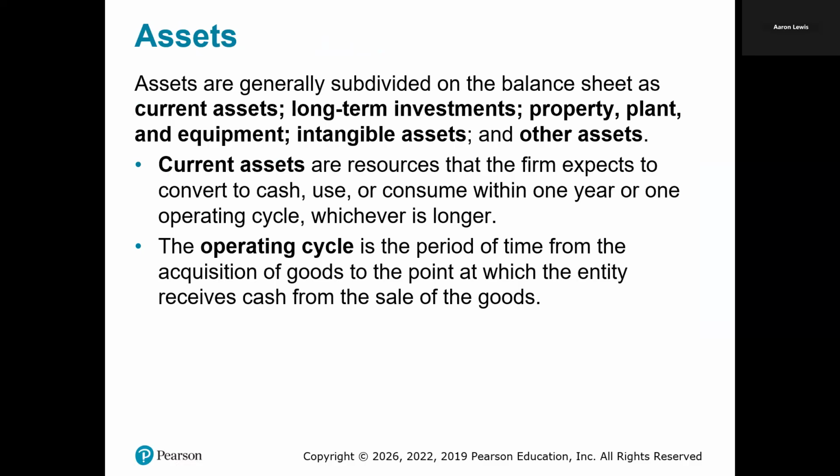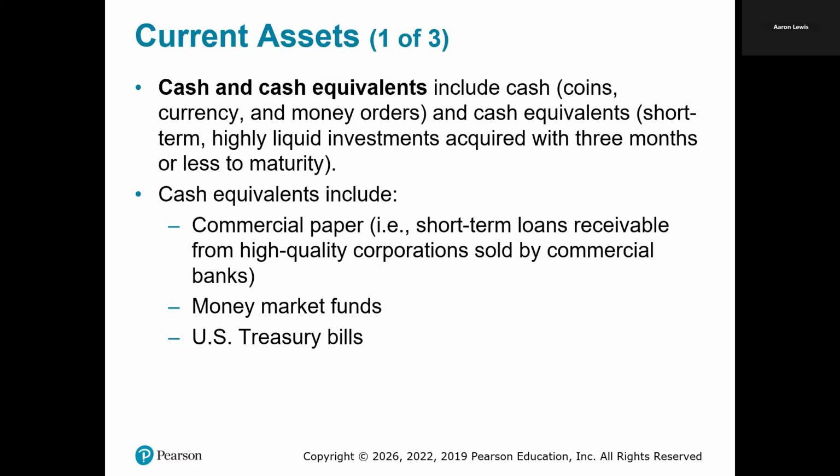So for our assets over here, current assets, as a reminder, are things that are going to be utilized within the next year, in the next operating cycle, which is typically one year. So all of the things that would go in there would be your receivables, inventory, cash, etc. One element that you're going to see on books that might not be a concept you've come across so far